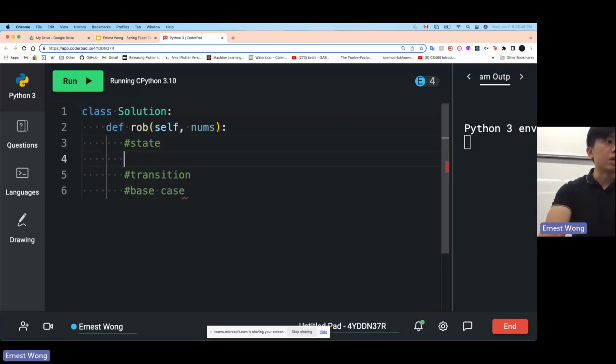So first, we want to think, how can we represent this problem using an array? Does anyone have any ideas? Anyone?